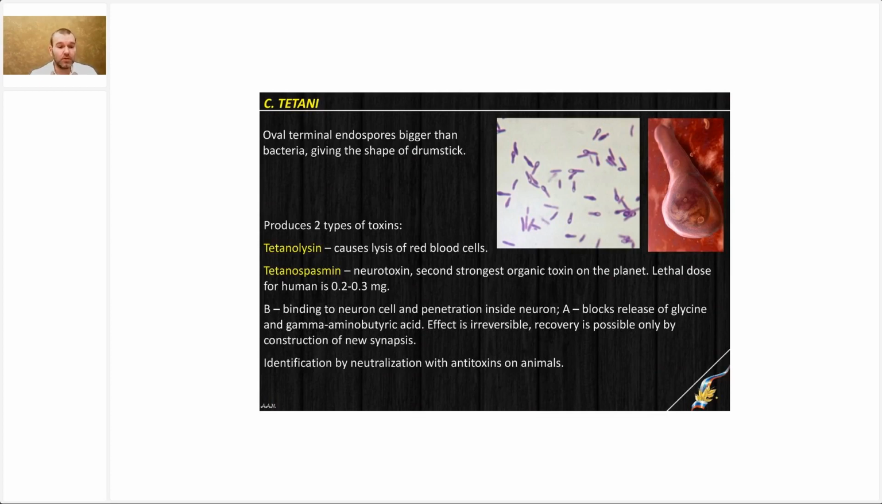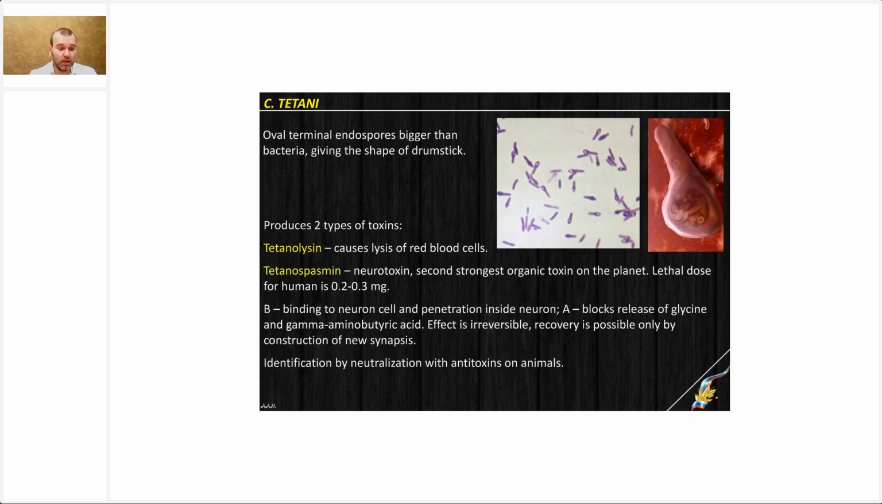The bacteria also have toxin production as the main virulence factor. Two toxins are identified. One is tetanolysin, which causes lysis of blood cells in animals and humans, and the other is tetanospasmin, the main toxin. It is a neurotoxin, and even nowadays it is the second strongest organic toxin on our planet after botulinum toxin, which will be discussed in the next part of the lecture. Some 0.3 milligrams is enough to kill a strong adult man. It's a really small dose. It's almost invisible in a diluted state, and of course the toxin is very potent and very dangerous